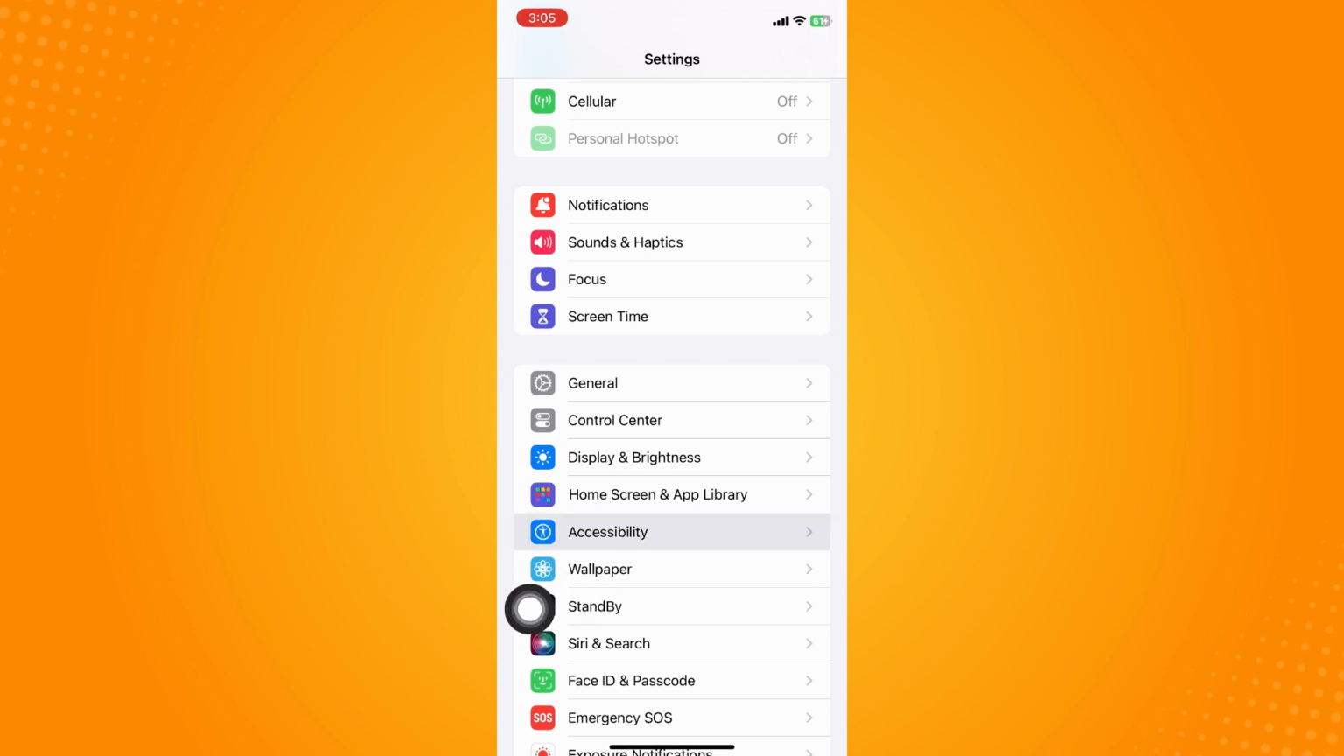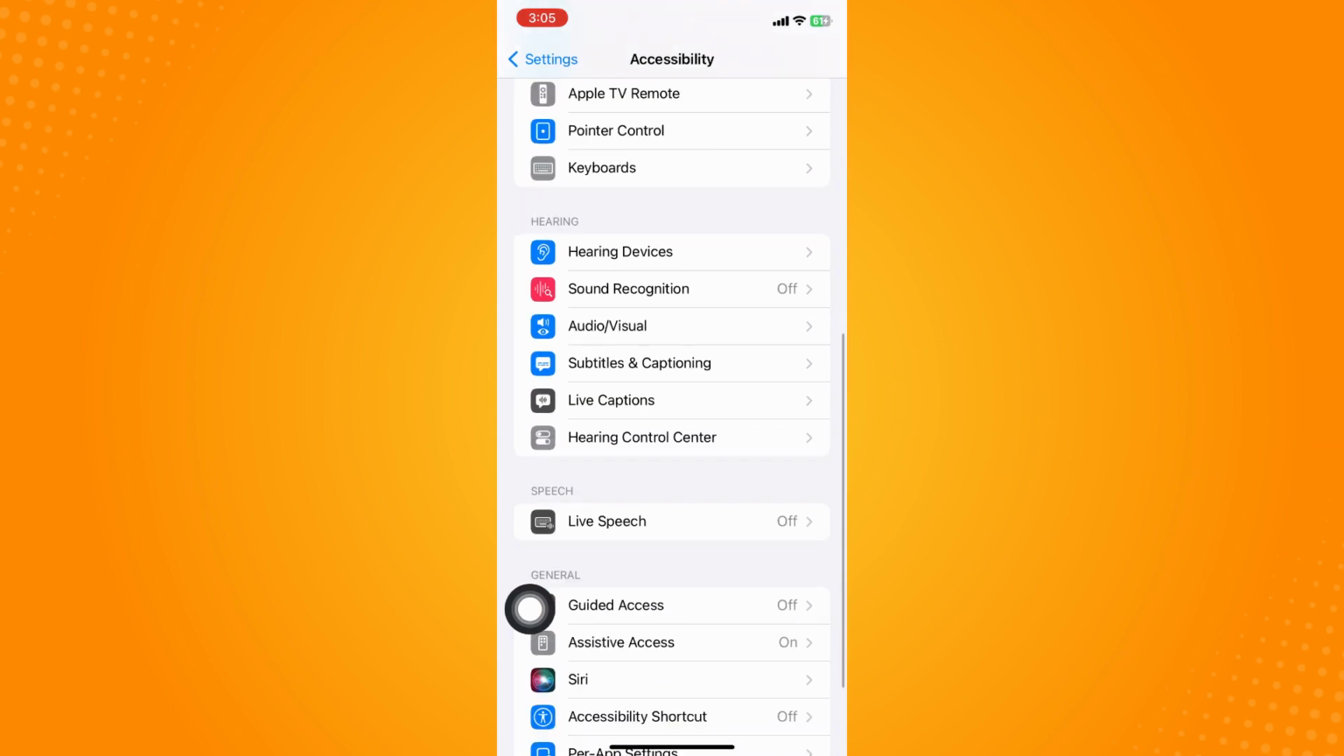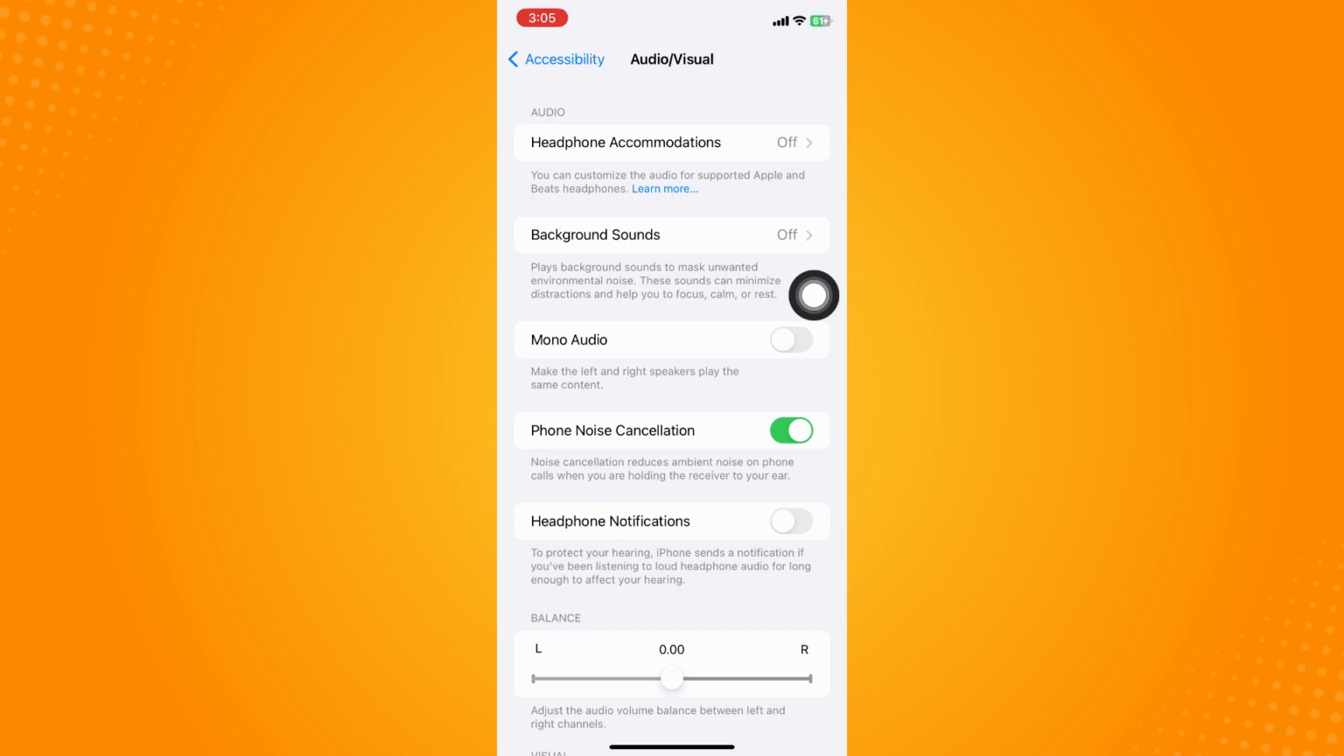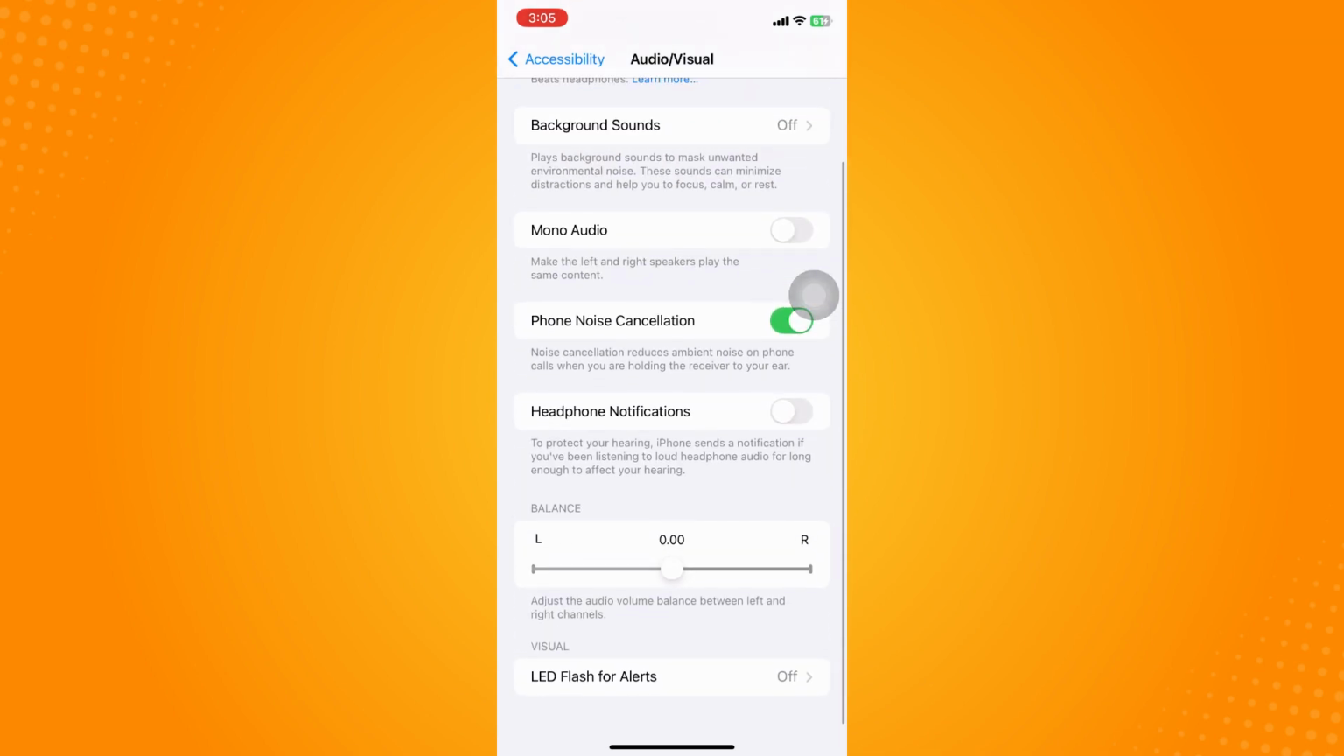So tap on the accessibility here and scroll all the way down up until you see the hearing section here where you can see the audio slash visual. Click on the audio and slash visual and scroll all the way down again up until you see the visual